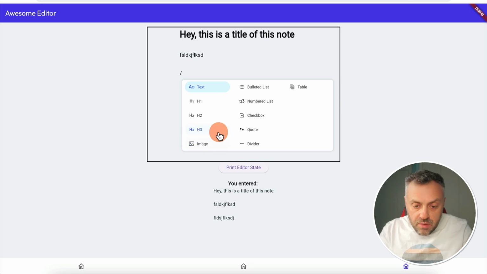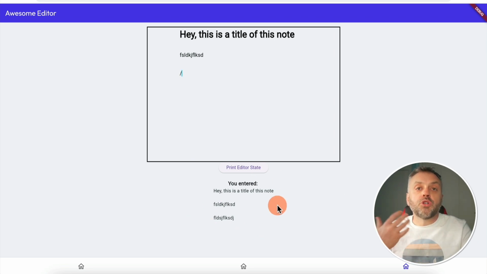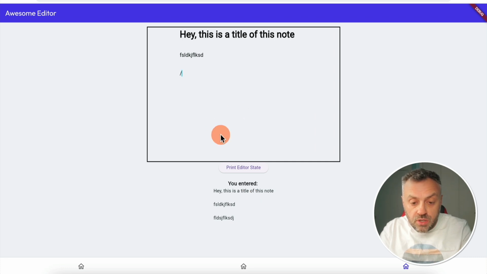I can insert an image, I can do a quote, I can do a number list, I can do all kinds of interesting things. And I have full control. I know exactly what's happening, because it's one thing to have a component, but remember, this is a custom widget. It kind of lives in its own world, right? It's very important to know what's happening, to have your app know what's happening, which is exactly what we see